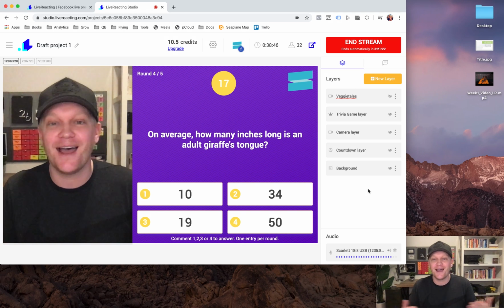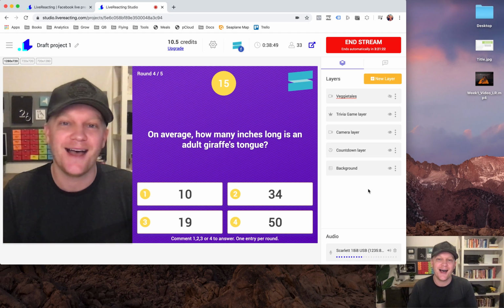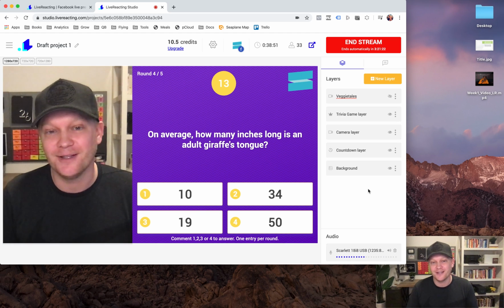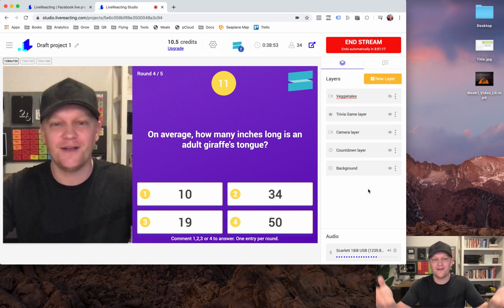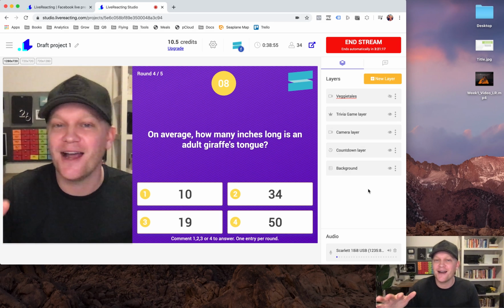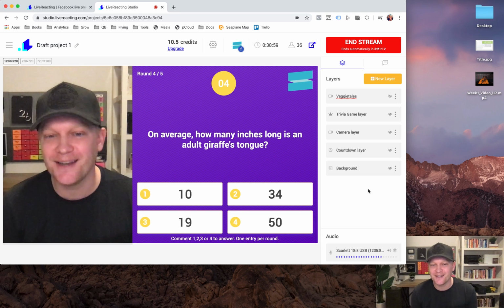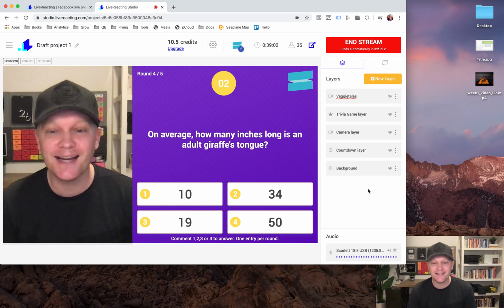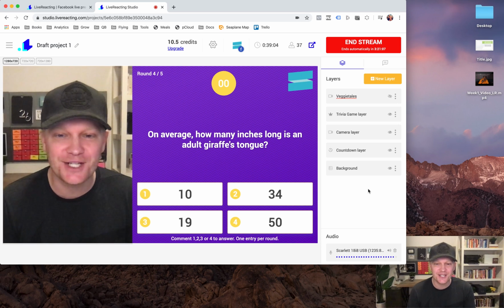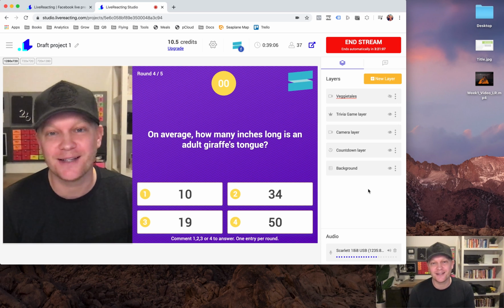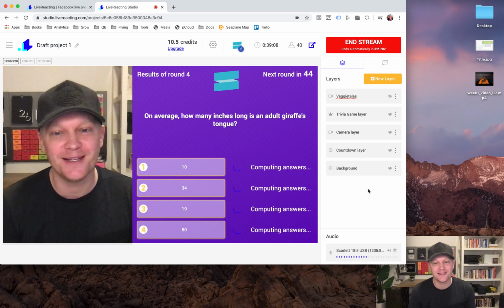You might want to make that, or you could even come up with questions that are hard to Google. This one's easy. Anyone can do this, and you have plenty of time to do it, but try not to cheat. On average, how many inches long is an adult giraffe's tongue? Is it 10 inches, 34 inches, 19 inches, or 50 inches? We'll see what the correct answer is in one moment. And we'll see if